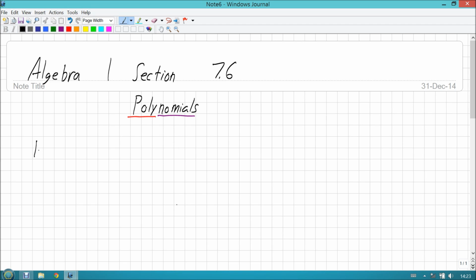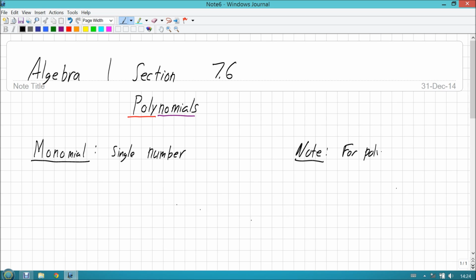So polynomials are numbers in multiple parts. The first one is called the monomial. Mono meaning single, and nomial meaning number. So a monomial is a single number. Now, monomials always occur where the exponent is never on the denominator. So please note that for all of these, I'm going to put that over here, note,